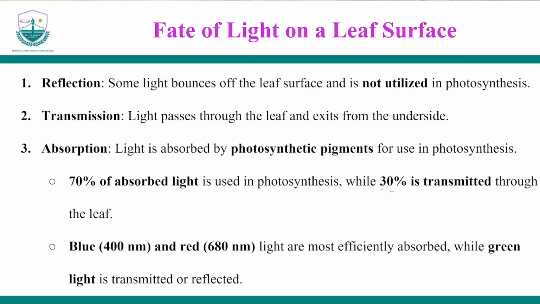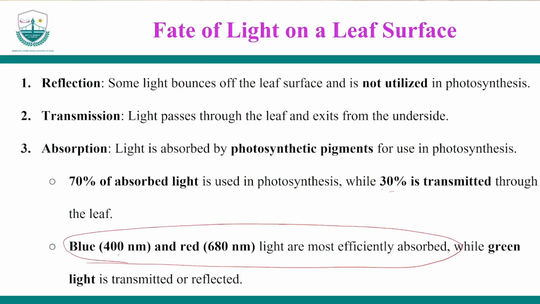Like we said, these radiations have different wavelengths, but the radiation's wavelength of 400 nanometers and also 680 nanometers are actually the ones that are very important, or that are very photosynthetically active, okay, in photosynthesis. So they are the ones that are most absorbed. Red and green light, they are the ones that are most